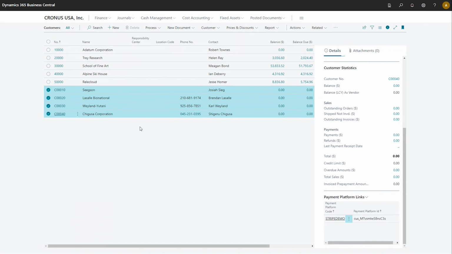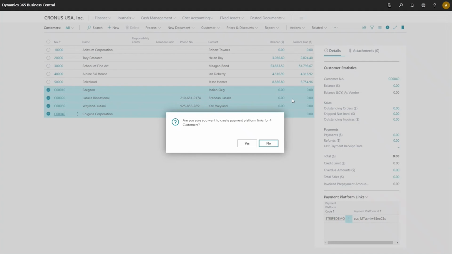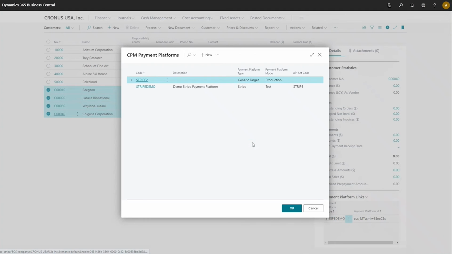if you have multiple payment platforms set up in Business Central, when you run this process, the mass create payment platform link process, or if you open a customer card and just want to create a payment platform link for that single customer, either way, if you have multiple payment platforms set up, you will be prompted to select the payment platform to which you want to create the link before the information